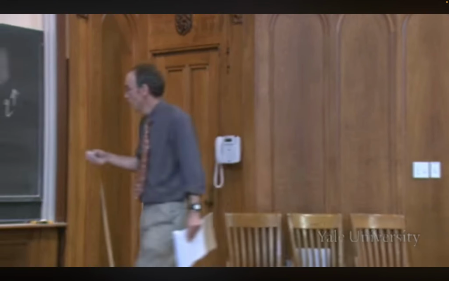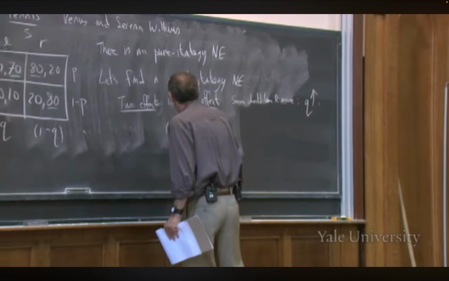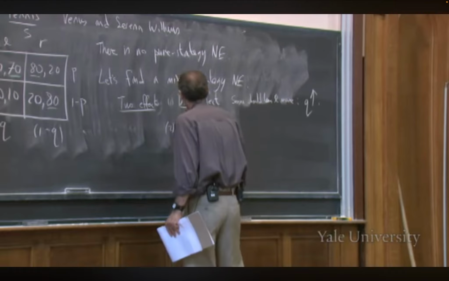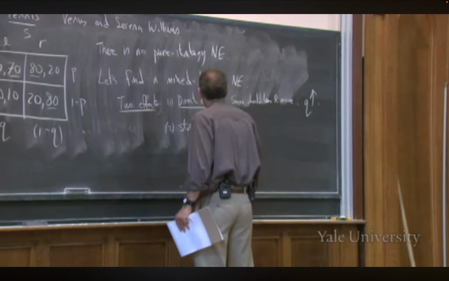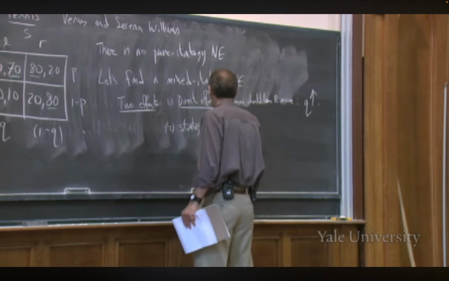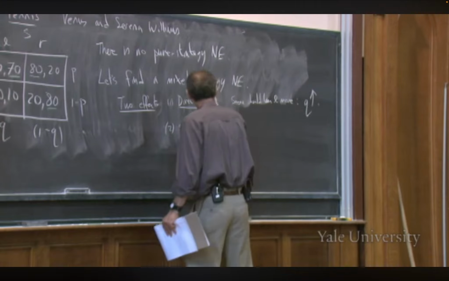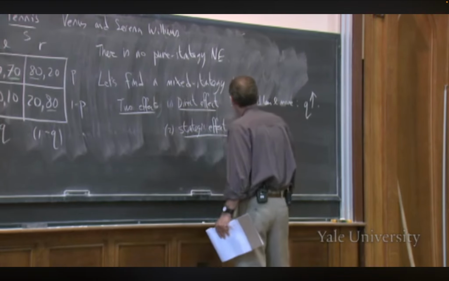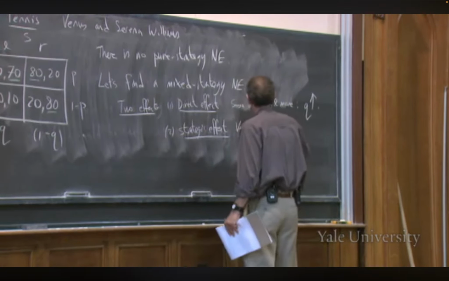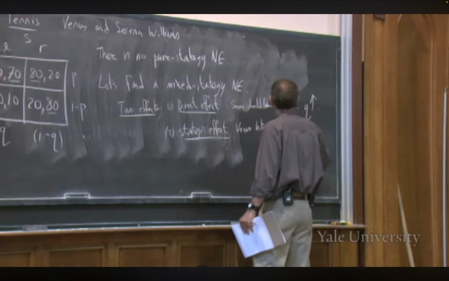All right? So this is an indirect or a strategic effect. The strategic effect is Venus hits L less often,